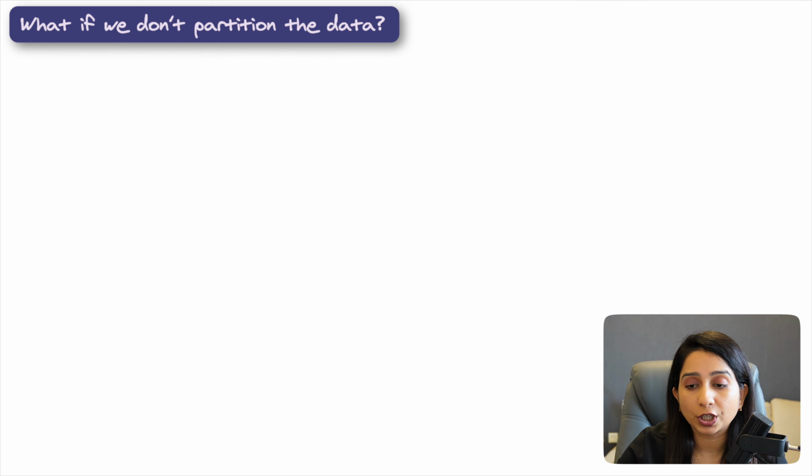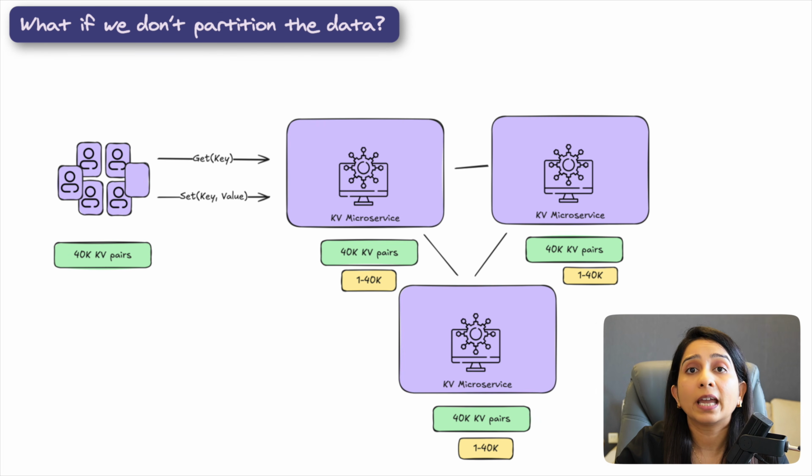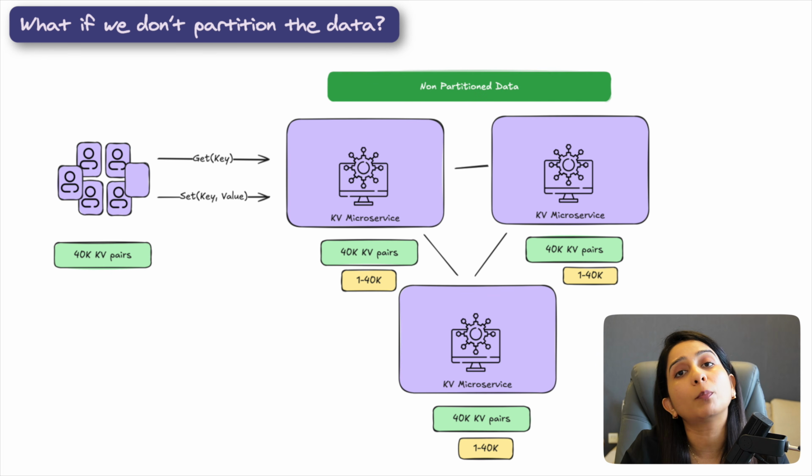Now one thing to note here is that while you can have this kind of partitioned data, where one machine is storing one particular partition of your data, not all the data, and it is replicated across different machines, it is also possible to even bring in heavier machines, and you can have all the 40,000 key value pairs stored in one machine, but they're replicated twice, and there are 2 copies of it. They all are on different machines. This is an approach to handle a similar use case by not partitioning your data.